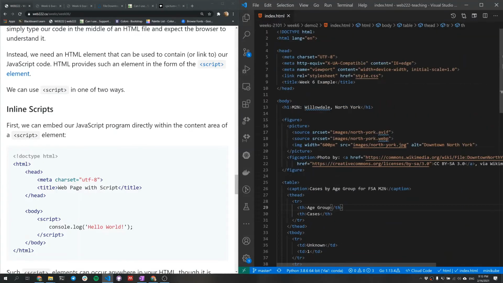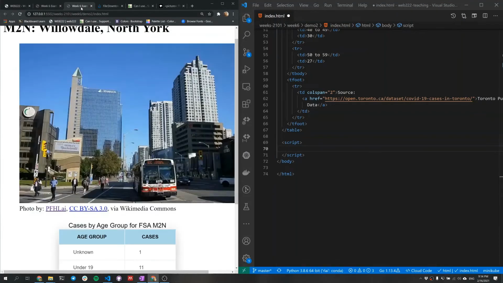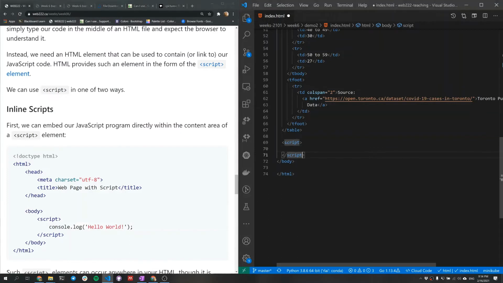To do so, just before my body ends, I'm going to add a script tag. And there are two ways of writing JavaScript in HTML. The first one is like this, where you write the JavaScript inside of HTML directly. In cases like these, we can run any kind of JavaScript code that we want here. So for example, if we were to do a console.log here and say hello world,